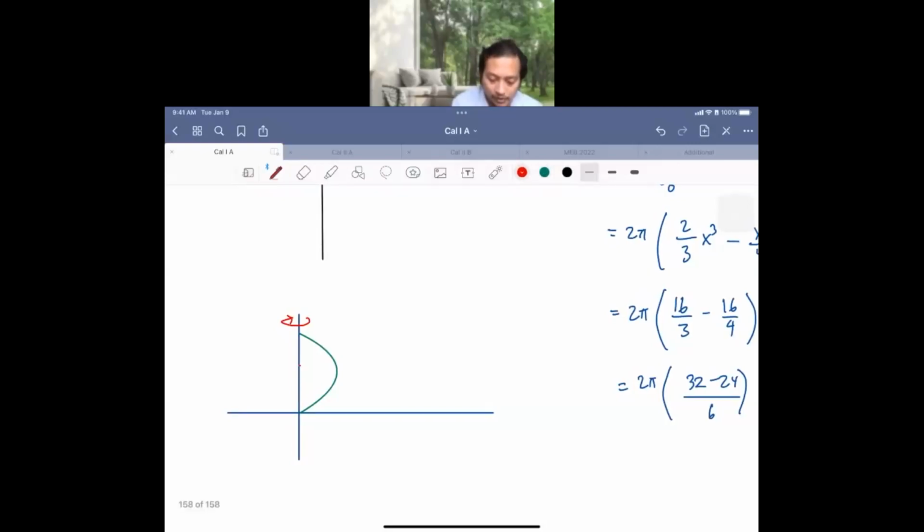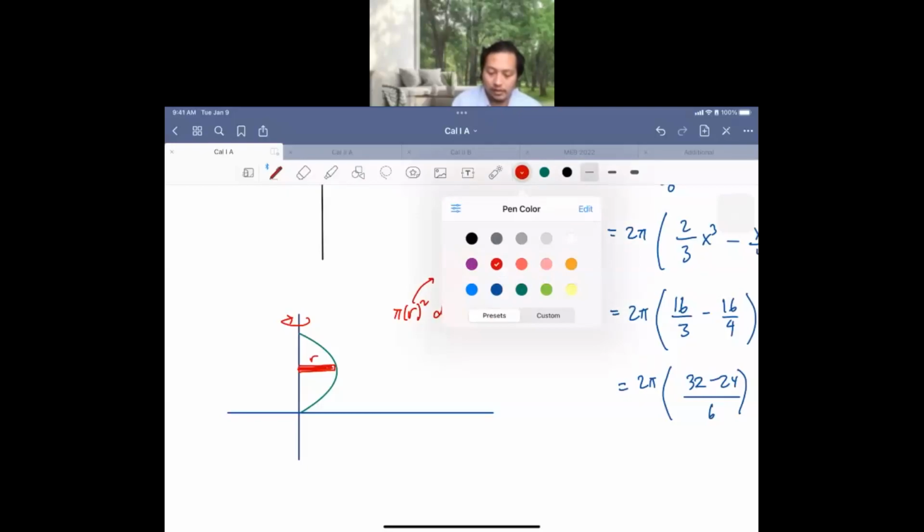We just take this as our r, and then we could just write down pi r squared, right? For this case, this will be dy, so we need to find r as a function of y. But if you are rotating through here,